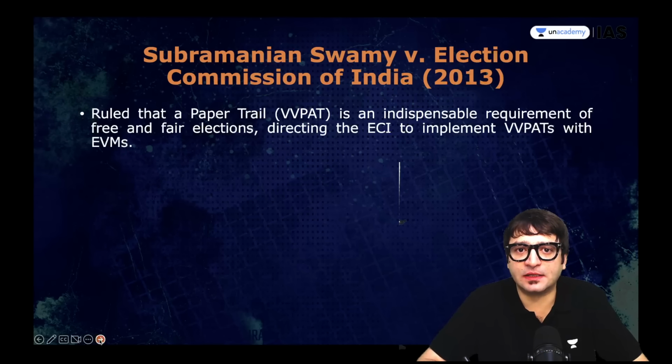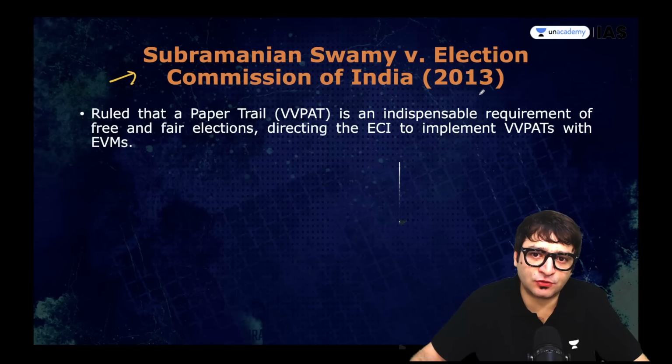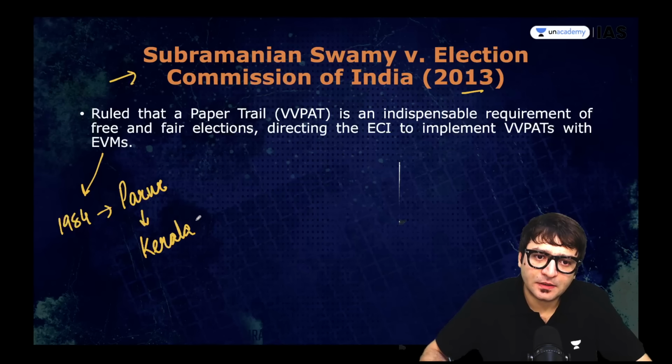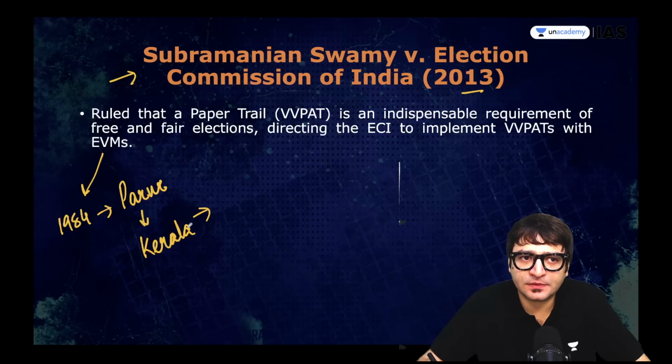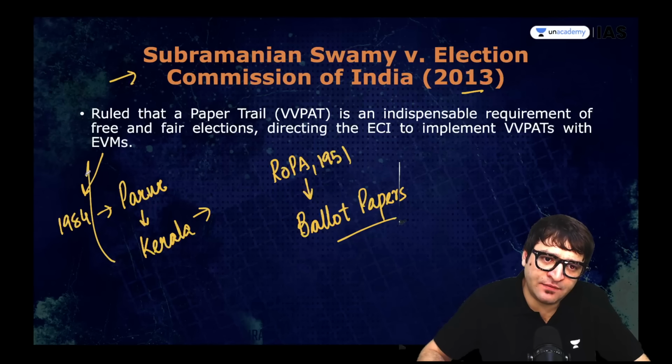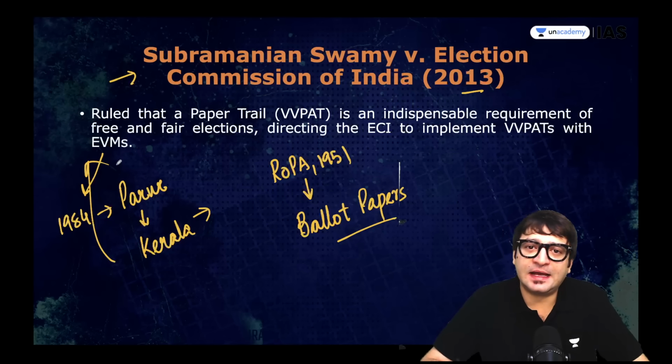Dr. Subramaniam Swamy, V. Election Commission of India, 2013. EVMs were used for the first time in 1984 in Parur Assembly constituency in Kerala. The matter went to the court. The Supreme Court said this election is null and void. Why? Because the Representation of the People Act 1951 explicitly says elections should be conducted through ballot papers, and if you are conducting elections through EVMs, you are violating the law, and as such, this election is null